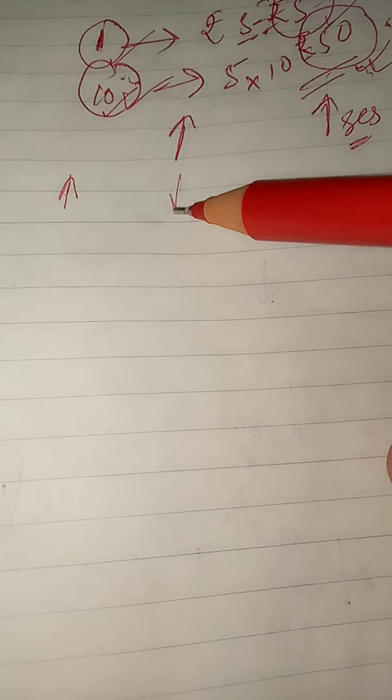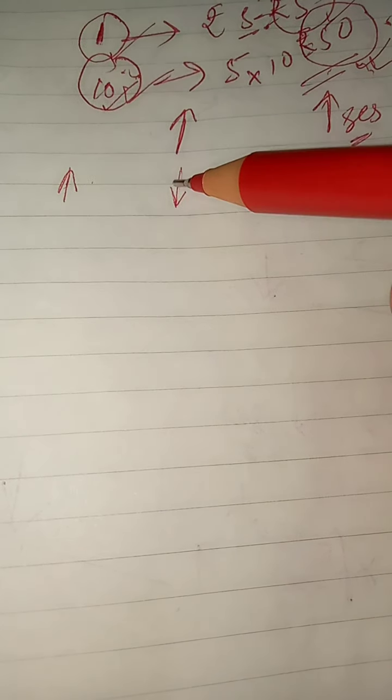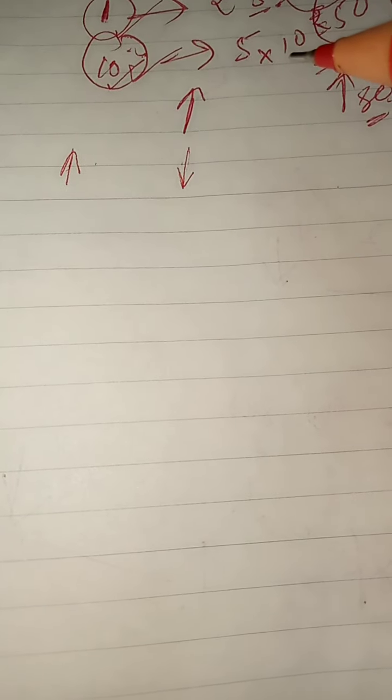Means if we increase something and because of that the other thing also increases, in that case the relationship is known to be direct, or they have a direct relationship. Correct? And in contrast to this, if something is increasing and the other thing is decreasing, this kind of relationship will be known as inverse relationship.